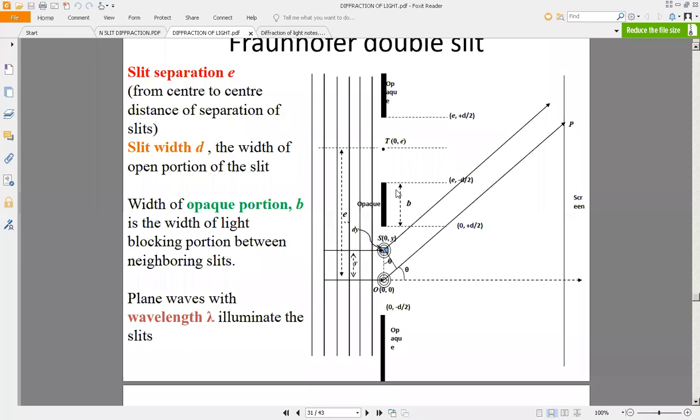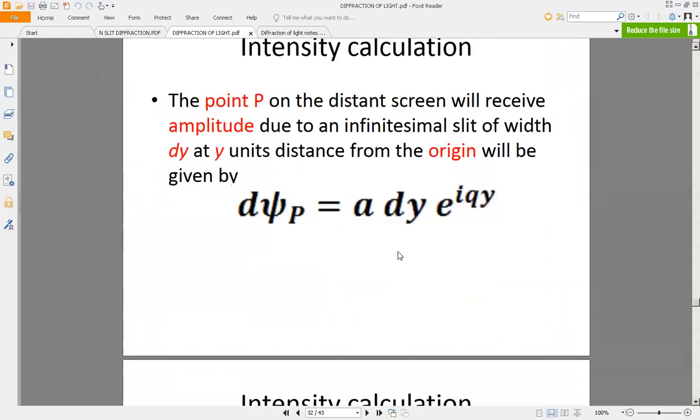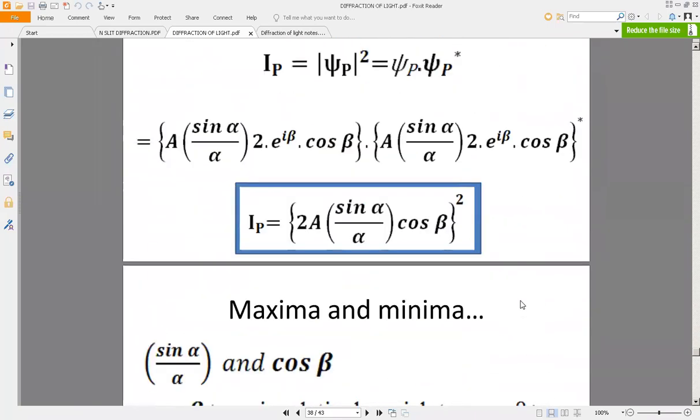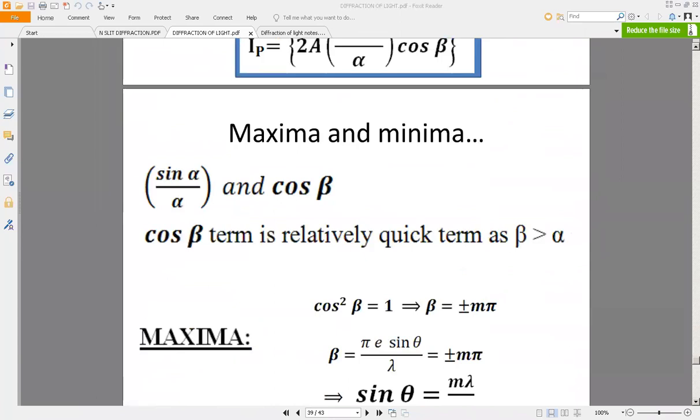Of course not, because in the limiting case, look at this picture, b tending to 0. I mean, the wall is totally demolished. Both the slits are touching each other. In that case, from center to center, the distance is E, which is exactly equal to D. It means if there is no slit separation, then the limiting case is E equal to D. But in all other cases, E is definitely greater than D. Right? So with this, we can easily conclude that beta is always greater than or equal to alpha.